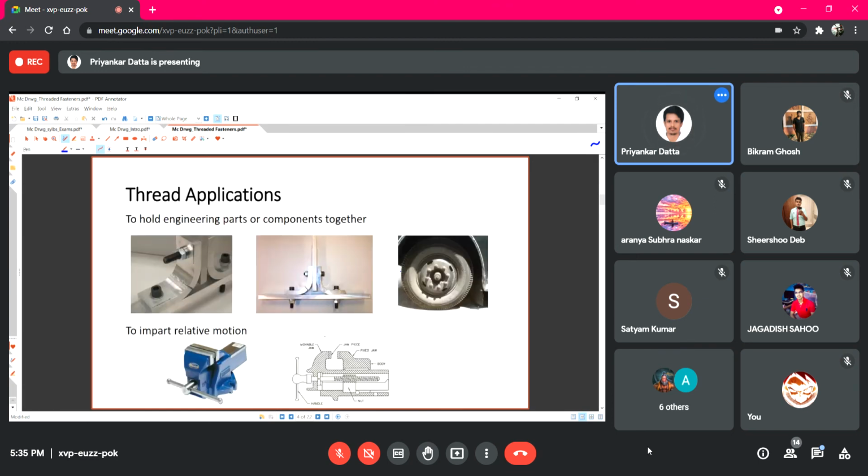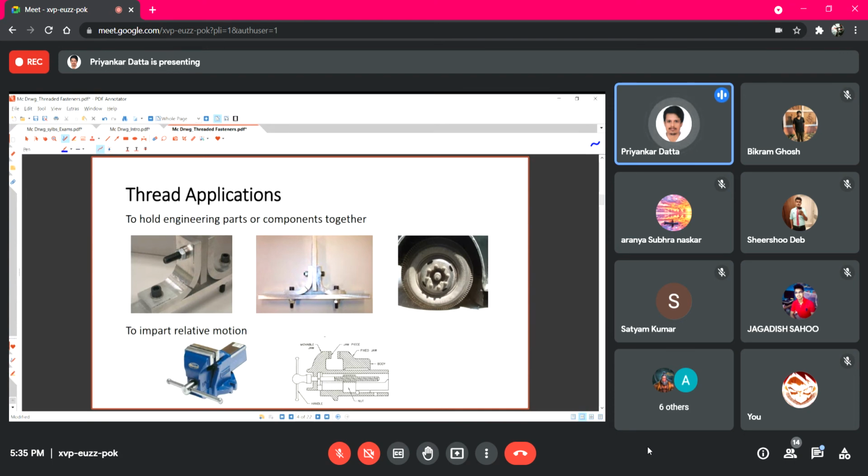Right? So two major applications for threaded components are there. First one is holding components together, that we all know. The next one is to impart relative motion. In your fitter shop, you have seen the workshop. There are many bench vices fixed for different operations.